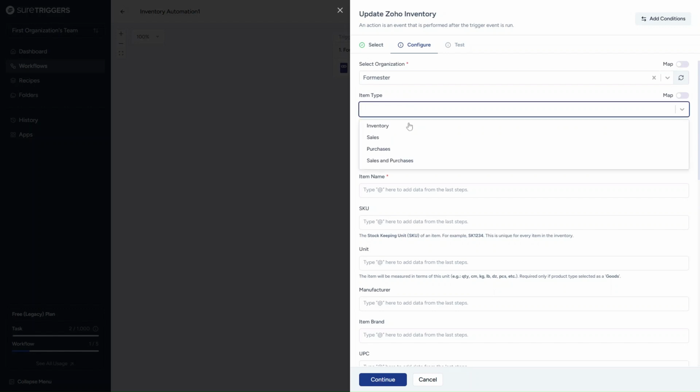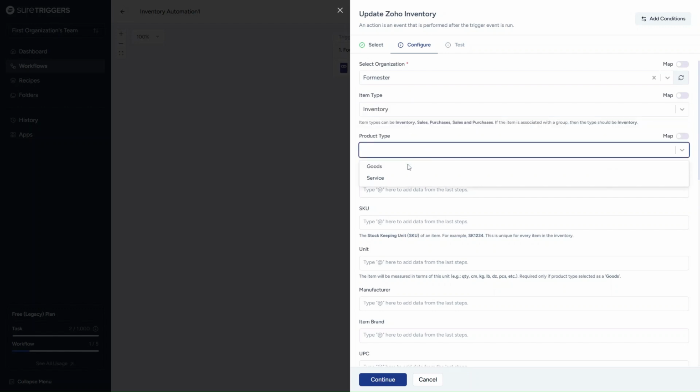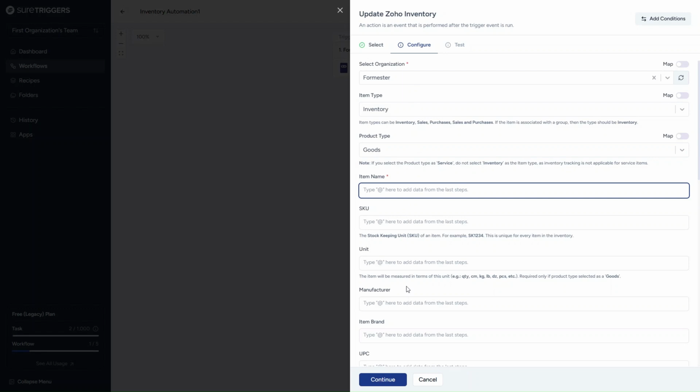I have named it Formester and inventory, and here we have product type and all the details that is necessary to create the item. Now you can use this method to even create invoices and automate invoice processing. Let's go back to our Formester account